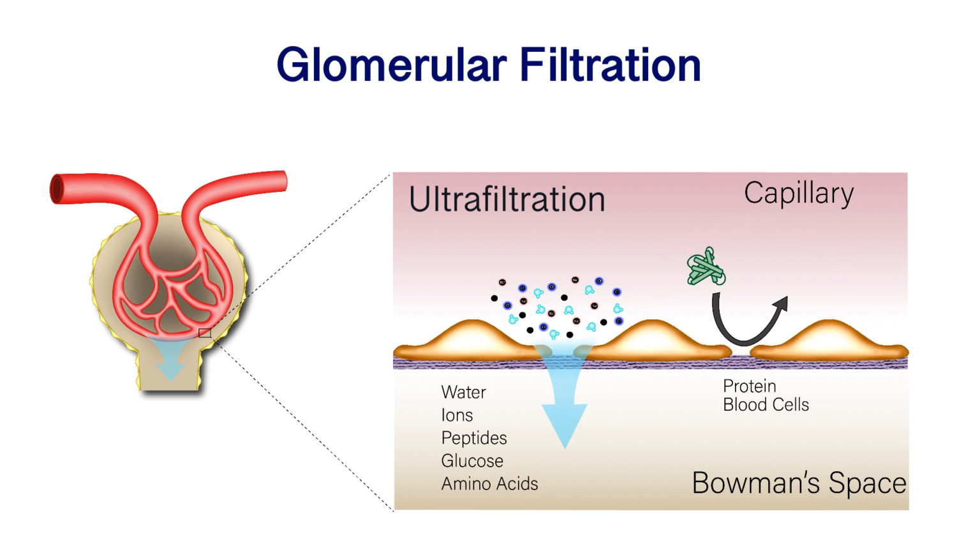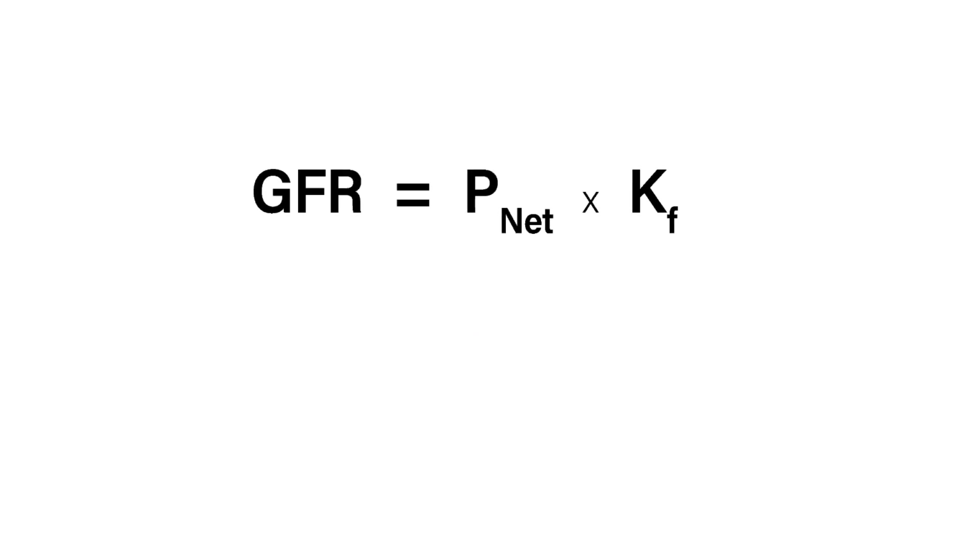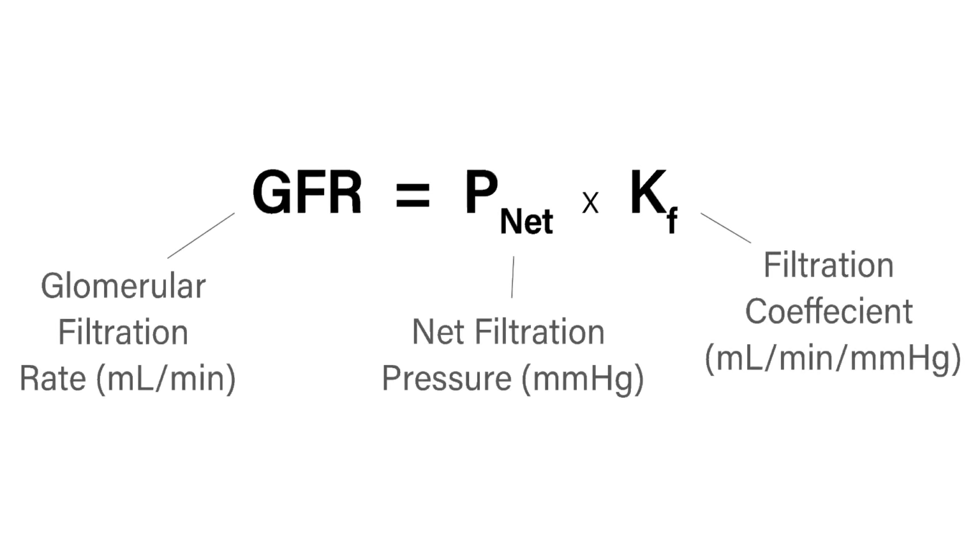The purpose of this video is to discuss the main determinants of this filtration process and to also describe how these individual parameters can determine the glomerular filtration rate. The glomerular filtration rate, or the GFR, describes the rate at which blood plasma is being filtered from the glomerular capillaries into Bowman's space. The two main determinants of this glomerular filtration rate are the net filtration pressure, or P-net,